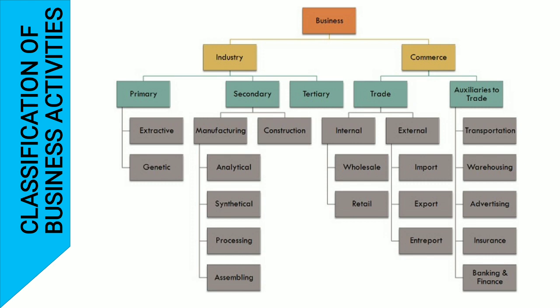What is primary industry? Primary industries are the base for the rest of the industries, that is the basis for the secondary industry and the tertiary industry. Basically in the primary industry we totally depend on natural resources, just like in the extractive industries we extract something out of nature. And genetic industry comes like poultry farming or dairy farming and all. In the genetic farming we used to